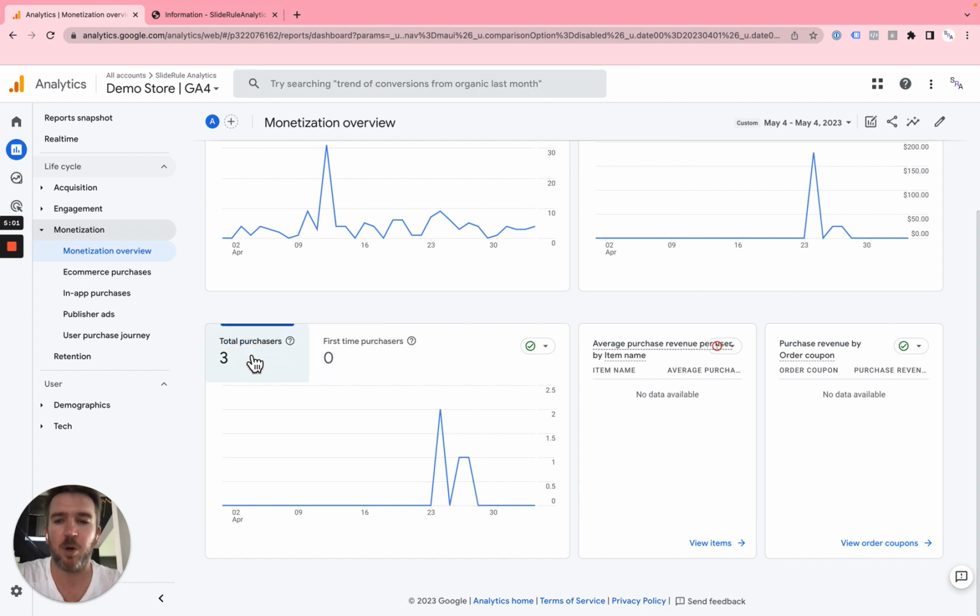One, this is total purchasers, not total purchases. So if you have a lot of repeat purchases, it will not work. Okay. The other thing is Google has updated some of these reports occasionally, and you can see here that